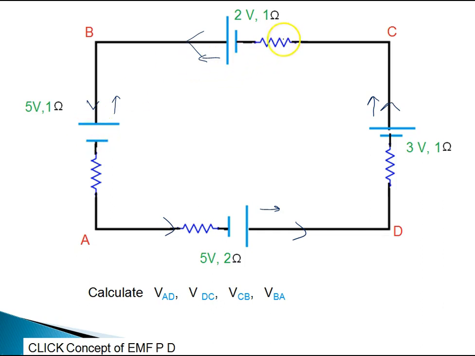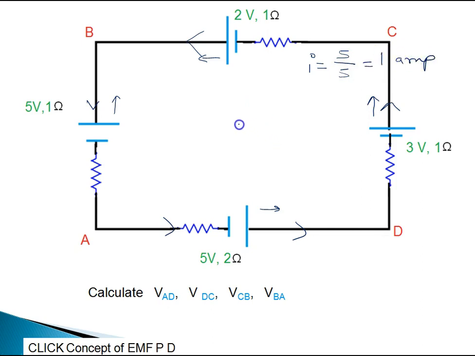Now students, you just calculate the value of the current flowing in the circuit by applying the Ohm's law, I equal to V by R. What is the net voltage in the circuit? This 5 and 5 can be eliminated. So net voltage in the 3 plus 2 is the 5 volt. And what is the net resistance in the circuit? I say it is 2. This is 1, 3, 1, 4, 1, 5. So net current flowing in the circuit is written as 1 ampere. It is clear to you?